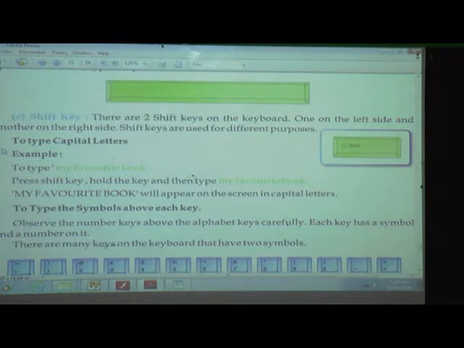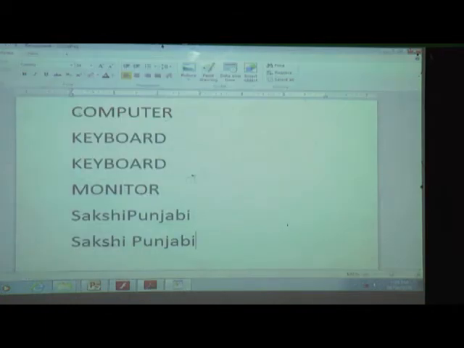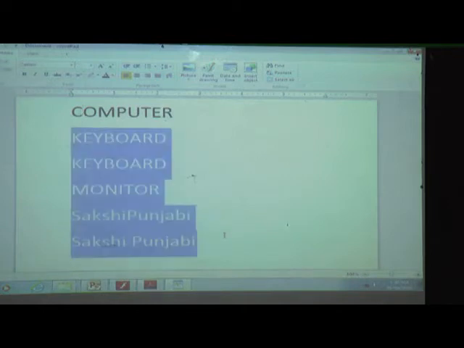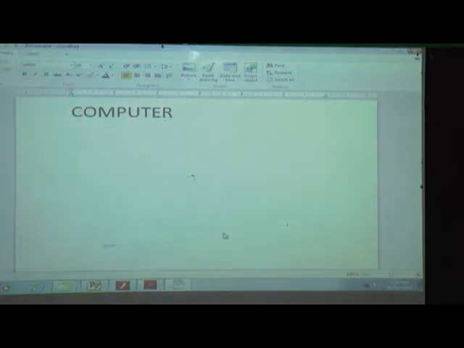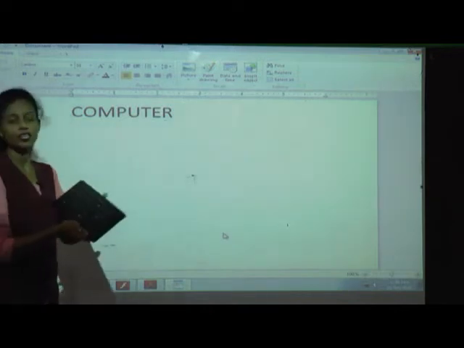For the first use, we studied: to type a letter in capital. If you want to write a letter capital, we use the shift key, right? We will write here computer only.